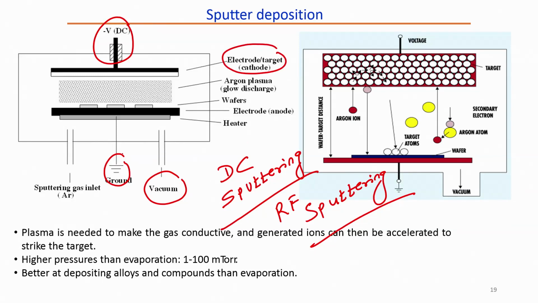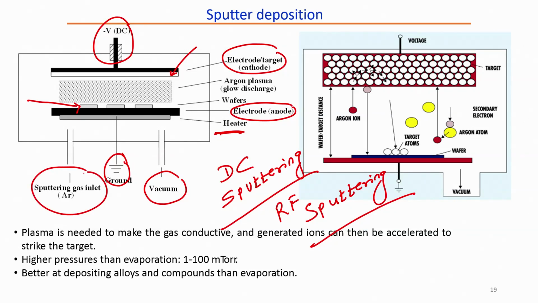Cathode, then we have electrode which is anode, is grounded, we have heater, and here the target is there, which is the material that we want to sputter, and here are our substrates. These are our wafers or substrates, all right. So, plasma is required to make the gas conductive. What gas we are using? Argon,